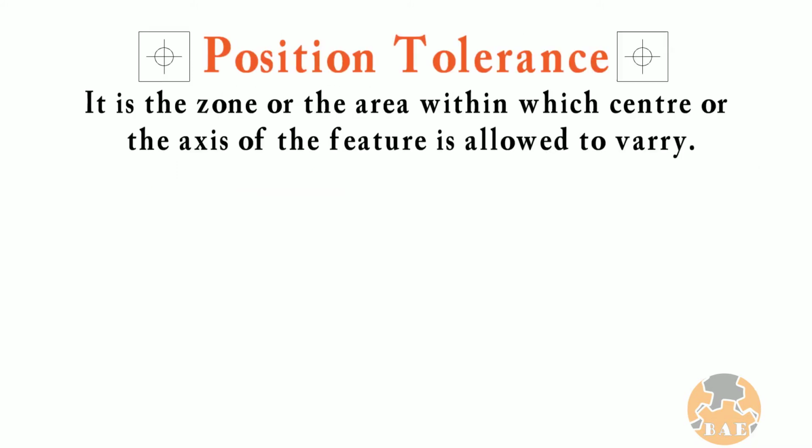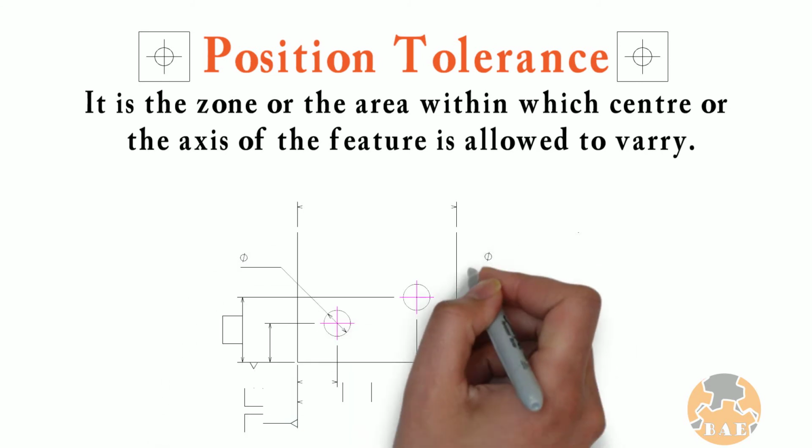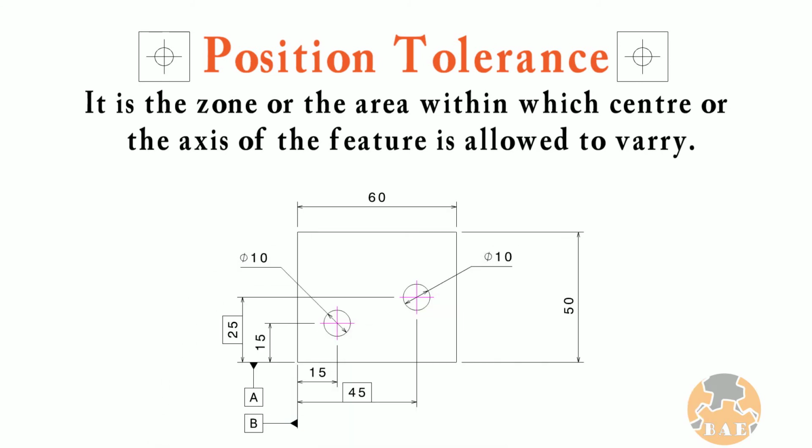Let's see with an example in more detail. Consider a part like this. Here we have to control the position of this hole with 10 mm diameter. So we will call out the feature control frame like this, simply below the hole size. Now here we generally take diametrical tolerance for the position. Now what does this 2 mm mean? It means the center of this hole can vary in the circle of diameter 2 mm from its true position.